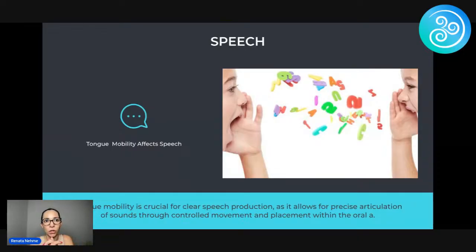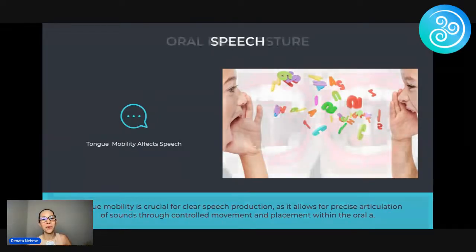Many people who are not in this world may not know when somebody has a speech issue, they may not know to look at the nose. They may not know to look at the oral cavity to make sure that it's big enough. So it really just goes hand in hand. If you are practicing myofunctional therapy and you have a speech pathologist around you, please reach out to them. You guys can collaborate in so many cases, and you can really turn the light on to them. You know, if they're having kids with speech issues that are not getting better, for them to look at nasal breathing, for them to look at the size of the oral cavity.